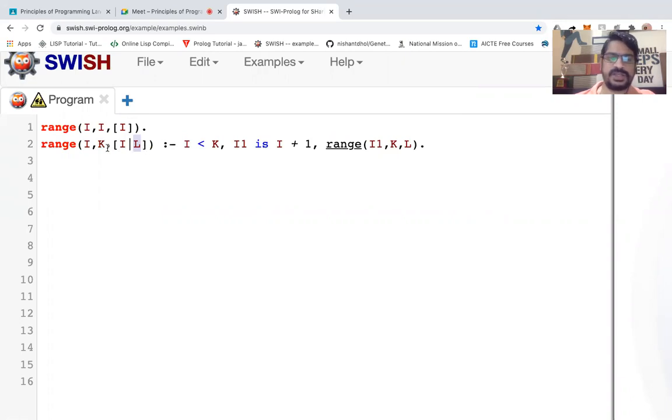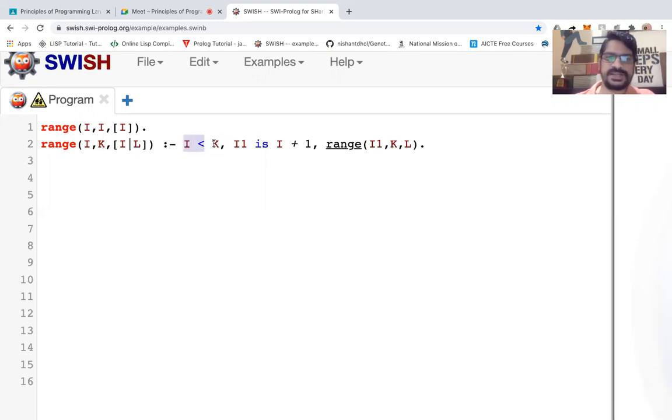So what is the logic? It says that this is possible if I is less than k. Let's say the initial value is 1 and the last value is 5, right? If we say the initial value is 5 and the last value is 1, it is not going to work, because we do not want 5 to 1, we want 1 to 5, means it should be in increasing order.